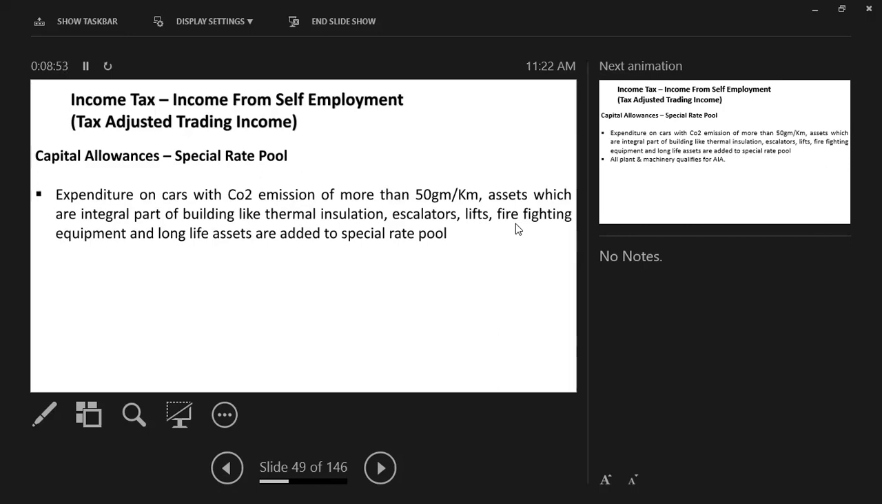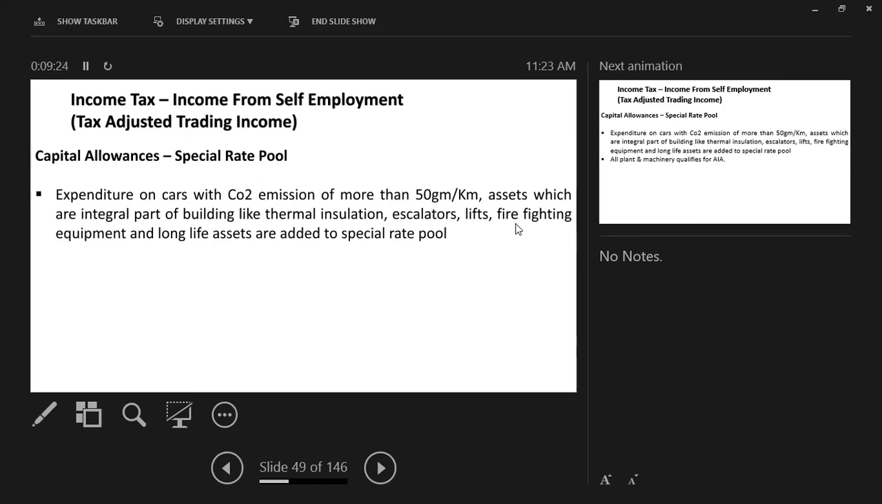Just like this, ducting and thermal insulation are included in the special rate. Remember, we do not claim capital allowances on buildings. For buildings we have a different allowance, which we'll discuss: the industrial building allowance, or sorry, structural building allowance. We call it SBA. But the integral features of the building are part of this special rate pool, and we will claim